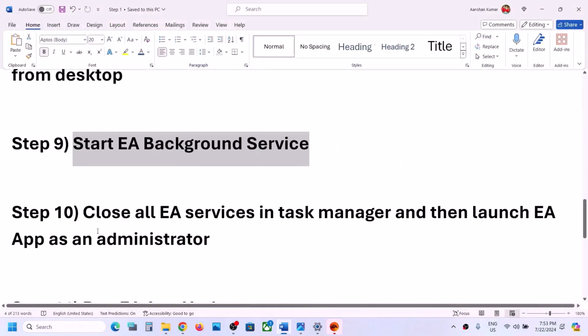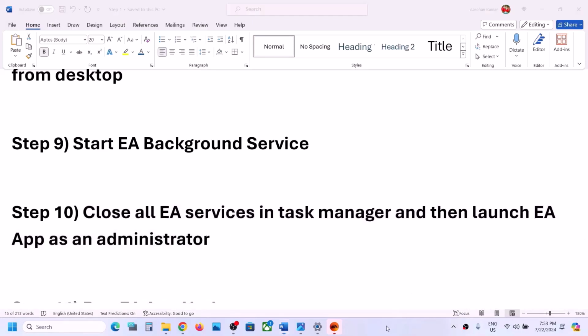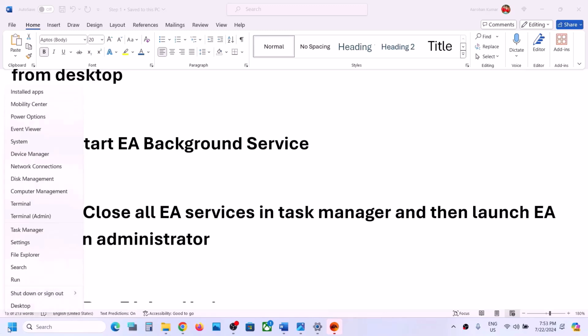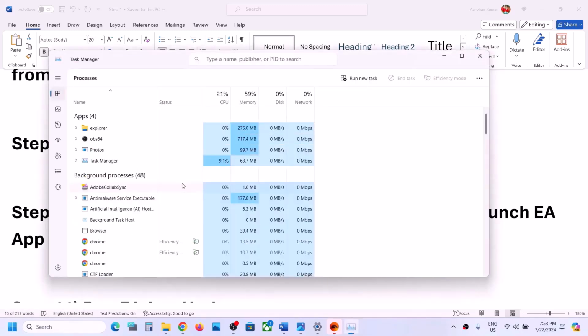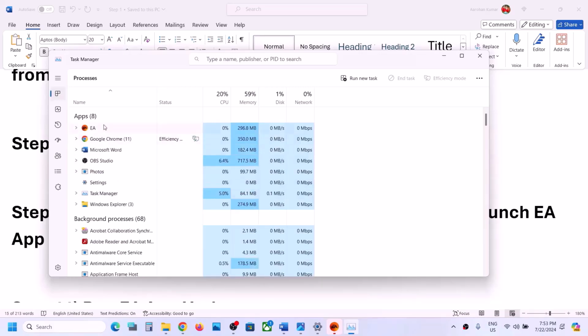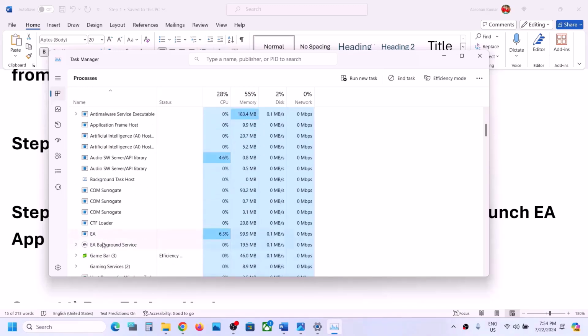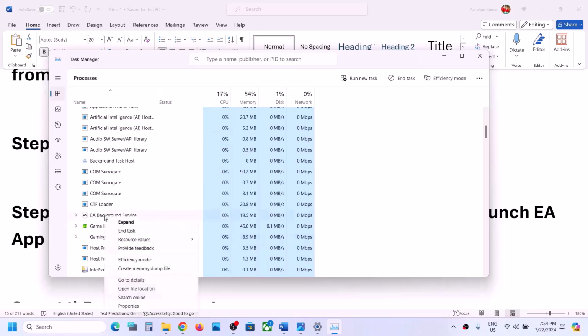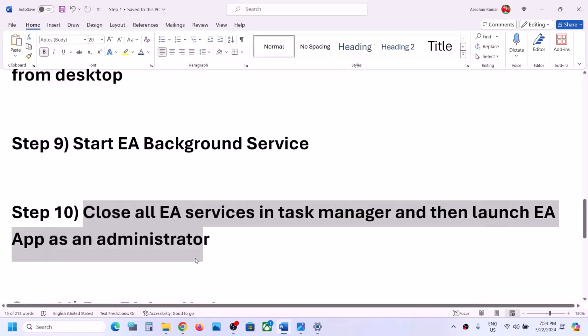Next step is to close all EA services in task manager and then launch EA app as an administrator. Right click on the desktop taskbar, or right click on the start menu, go to task manager and find EA services. If you find any EA services running, right click and click on end task. Again, find if there is any other EA here. You can see EA services running, end it, then EA background, right click, end it. Once all the EA services are closed,